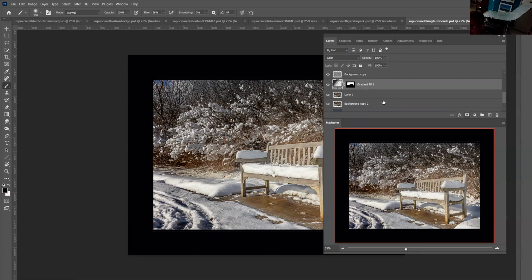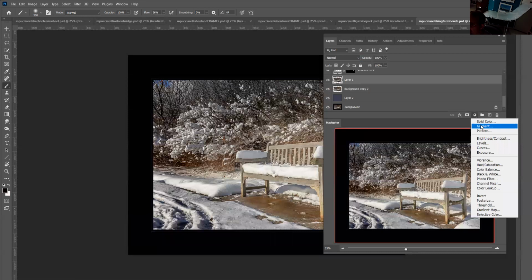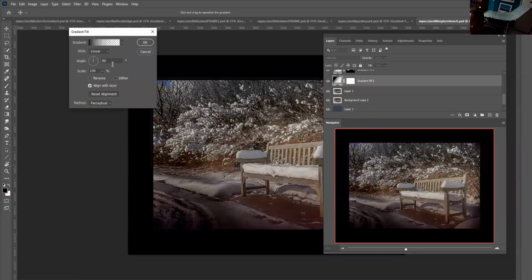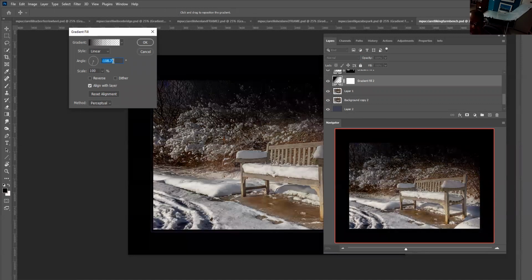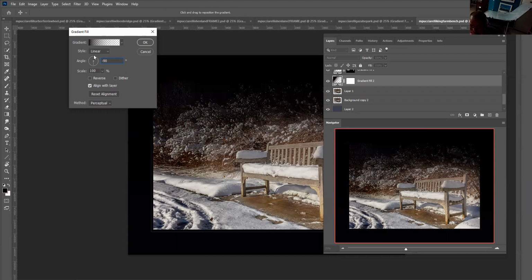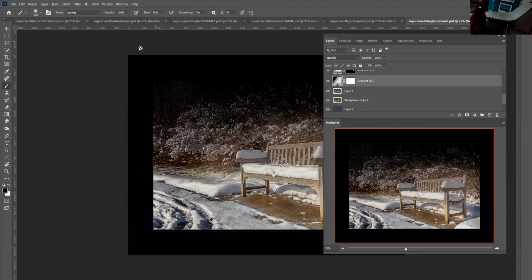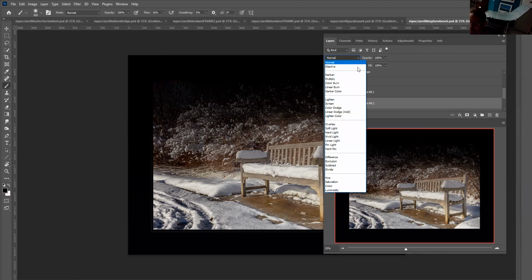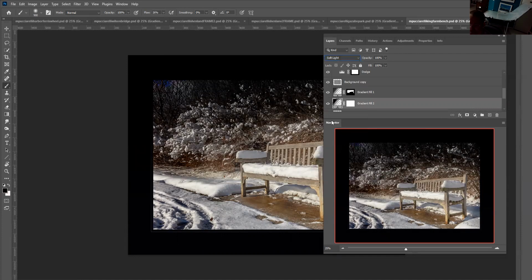Because I wanted to do the same thing again. Again, I don't want it at the bottom, so I could play around with the angle, or I could just type it in. And that's too much right there, but hey, we're not done. We are not done. You can use blend modes. Probably still too intense, but